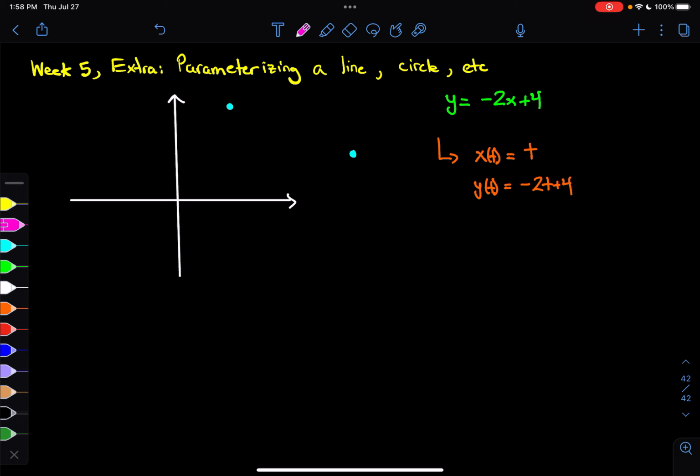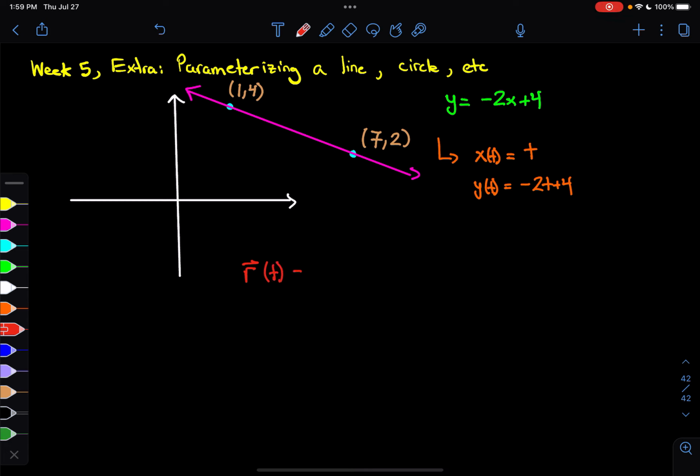So one thing that we cover in calculus 3 is if you're given the equation of a line that's going through 2 points. And again, I'm going to do this in the 2D case, but it extends very naturally to the 3D case. So let's pretend this is the point (1, 4), and let's pretend this is the point (7, 2). And the question is, how do we come up with some vector function r of t that tells me exactly where I'm going to be on this line